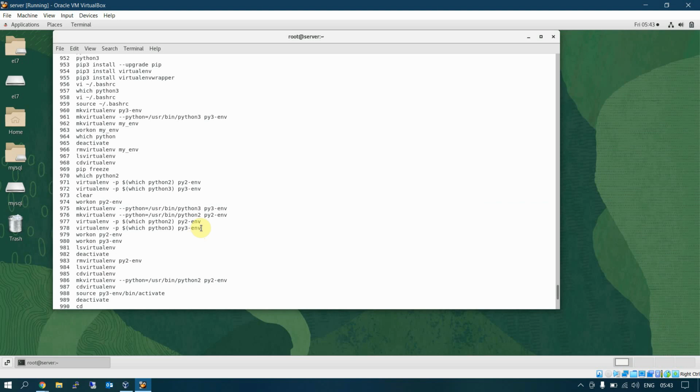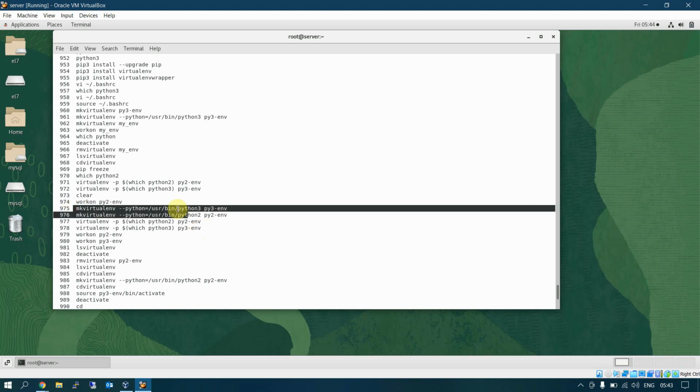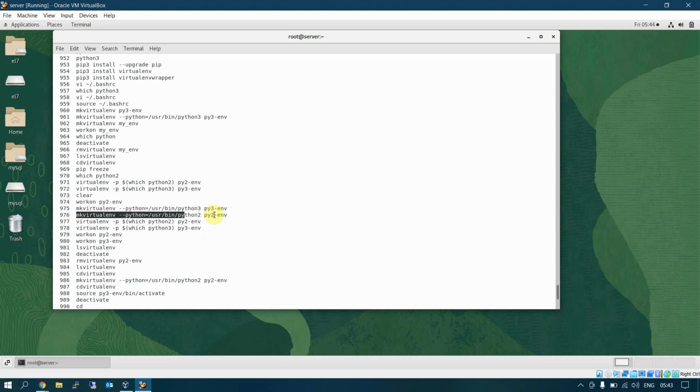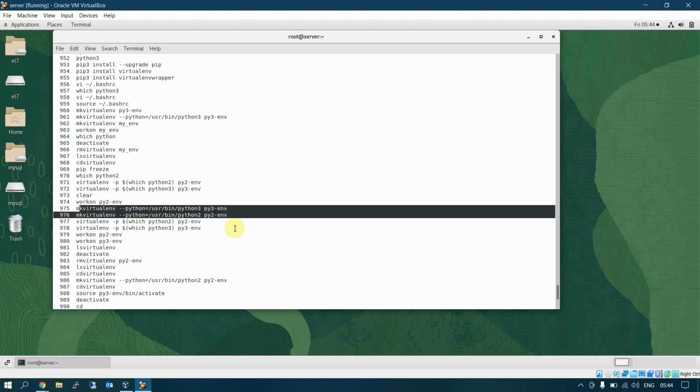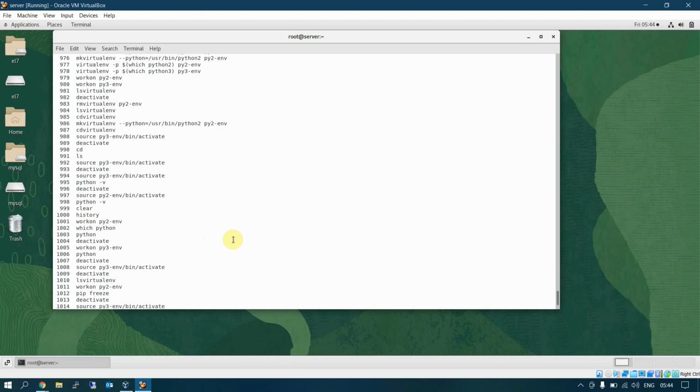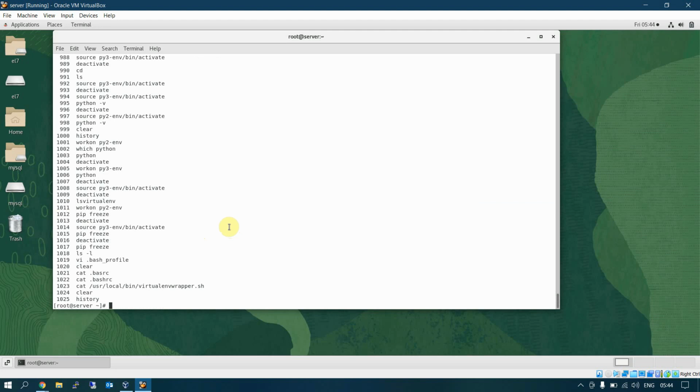So this is how we make a virtual environment Python 3, make an environment Python 2. This is making the environment. So this gives you how to make an environment, how to work in the environment, how to install packages, and how to activate, deactivate, list and delete.